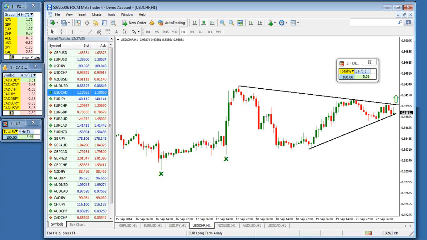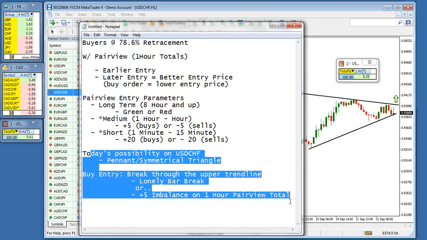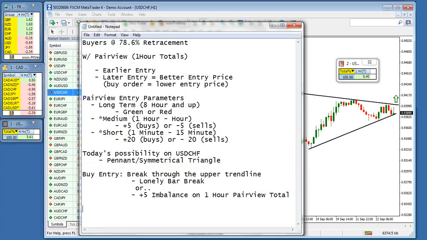So look for that here on the dollar Swiss, because we're getting that symmetrical triangle, that pennant symmetrical formation. So I think this would be a good solid trading opportunity on dollar Swiss to trade it to the upside. And that's just a pair that I normally look at. Euro dollar and dollar Swiss have been getting, the euro and the Swiss have both been getting their butts whooped in the markets. So those are two that picking my pairs get kind of easy on, because you already have a view of what direction gives you a good solid